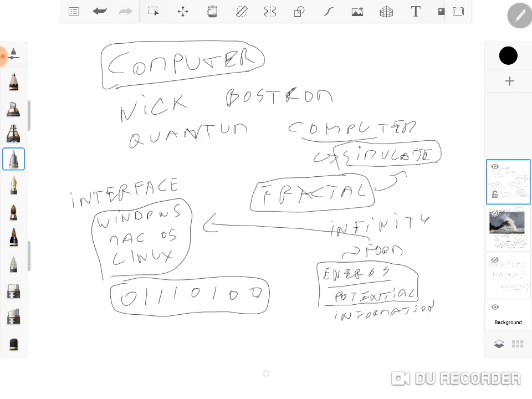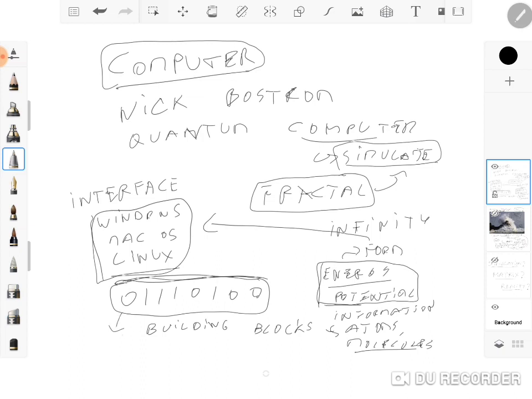And of course, it makes sense to create these kind of building blocks of reality, like atoms, molecules, because it's just a way to organize pure potential and pure energy in a way that's kind of logical and rational. And that is exactly what your interface on your computer is for. If you have zeros and ones, you can create everything and anything with zeros and ones. But nobody understands this. It's impossible.